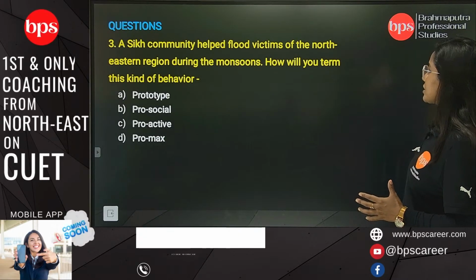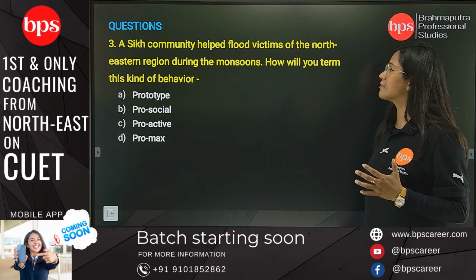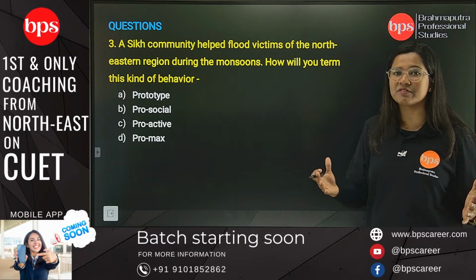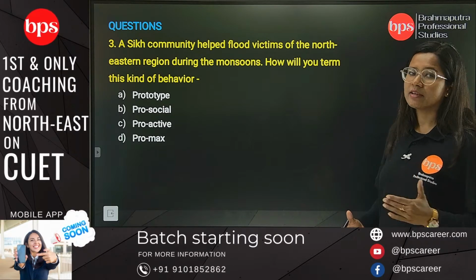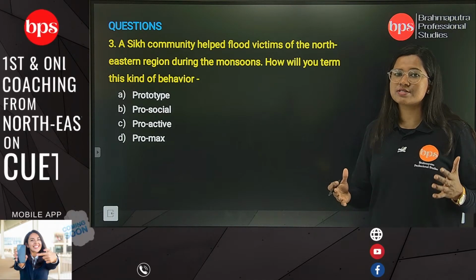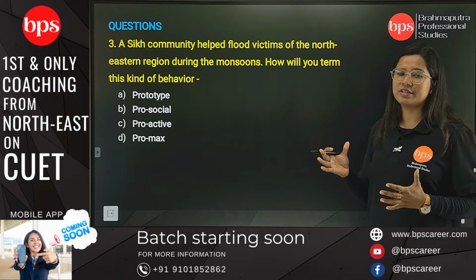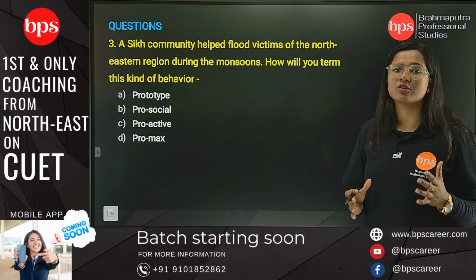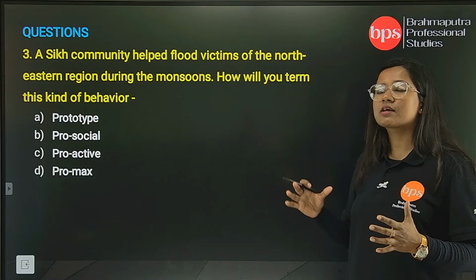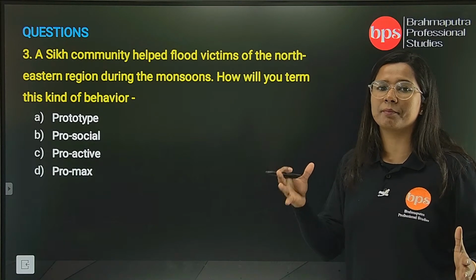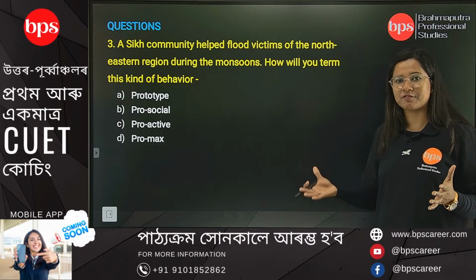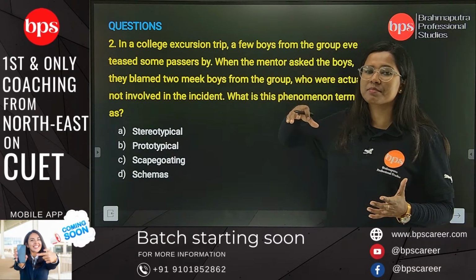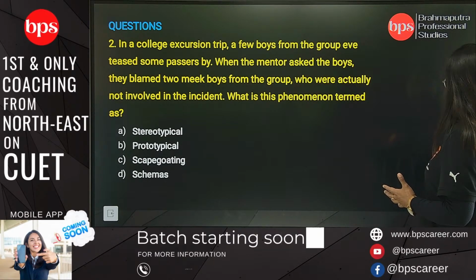Next we will move on to question number 3. Here a Sikh community helped flood victims of the northeastern region during the monsoons. Now here we are at the onset of the monsoons in the northeastern region, and the problem of flood is recurring in our region. So there is a Sikh community who help people who are facing or who have already faced some kind of natural disaster or calamity. This Sikh community was here last year, and maybe they will be coming here this year also to help flood victims in flood affected areas. And these people who are involved in social work, what do we term them? Here the options are,